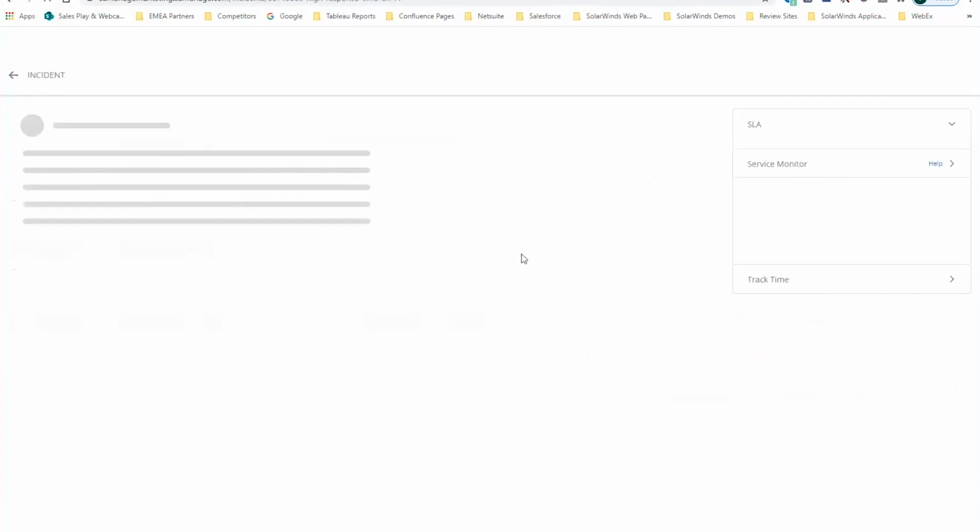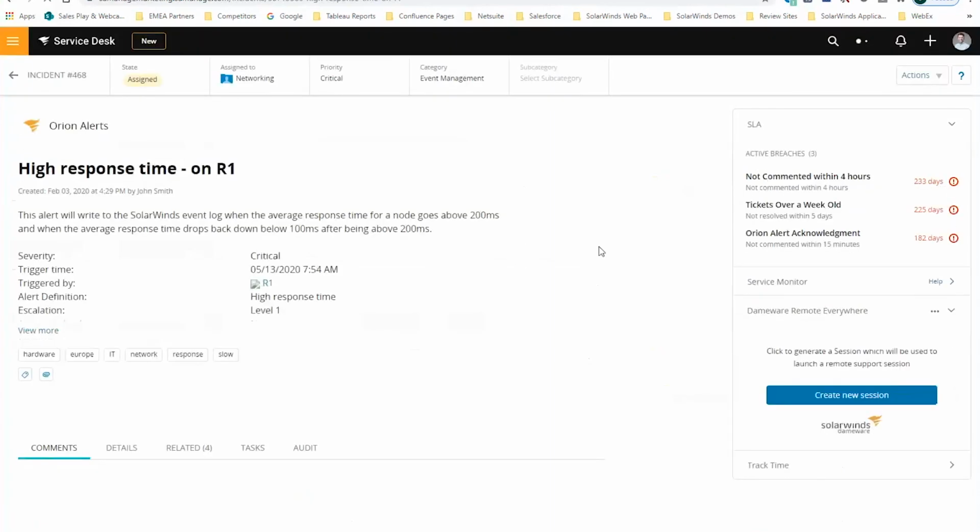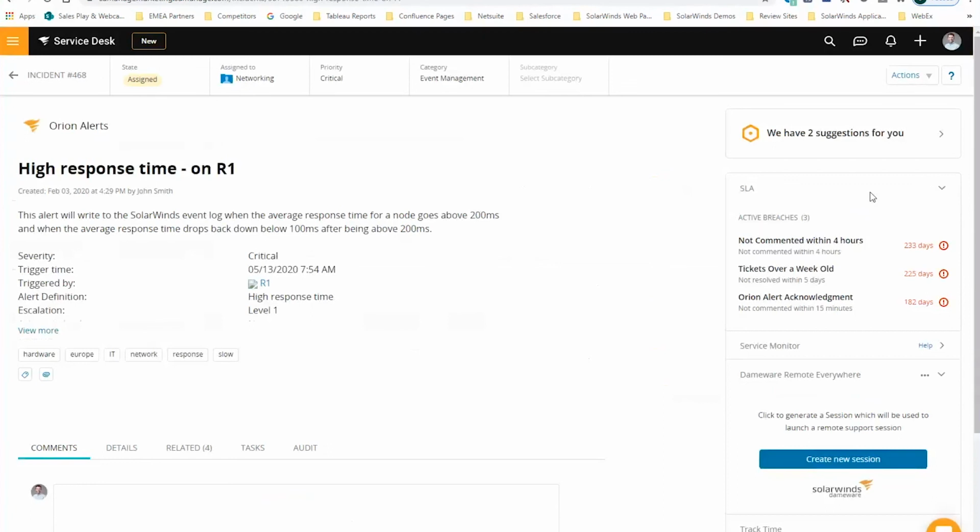And this is where you will see the SLA management. Now, in the demo site, we don't manage the responses and SLAs, so these numbers are irrelevant. But basically, you will see response time, SLA capability, and resolution time as well. Also, if you want to assign a technician to help fix the problem, we have automated integration into our DEMA Remote Everywhere, which is a SaaS-based solution to allow technicians to do remote logins and help fix issues and so on. By the way, Service Desk is also a SaaS offering.